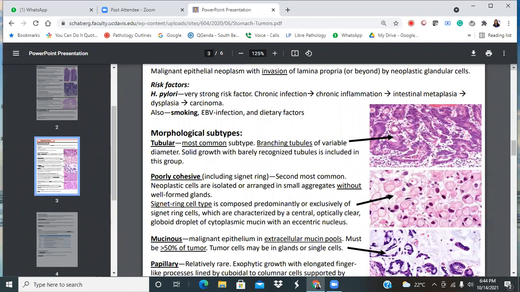First of all, on low power, I look for inflammation. Is this stomach inflamed versus not inflamed? That will guide me towards H. pylori. Number two, I make sure the requisition form says antrum and I'm looking at an antrum. I don't want to be looking at a body that looks antral to me, because then I will have to think about AMAG and so forth. So correlate with the origin, do an inflammatory check with my eyes, and then I go higher.